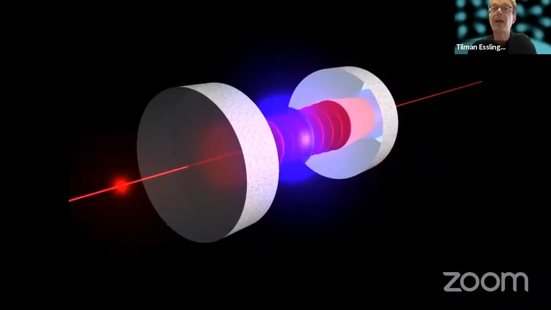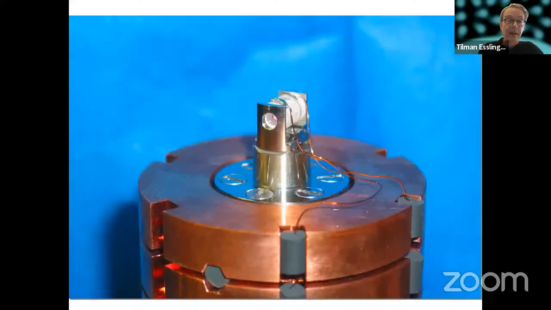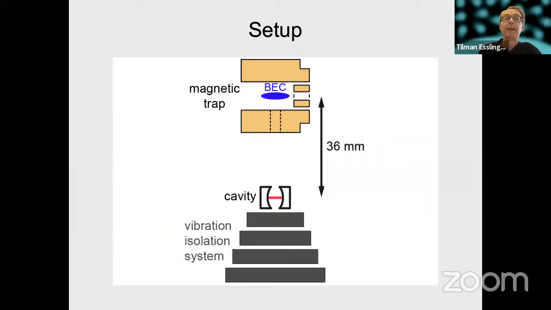Let's have this picture again quickly. We had in mind the BEC in the cavity, and now let's go from inside out. That is the cavity again. We have seen this picture, and now how is the cavity inside the experiment? That is shown here. What we have is a magnetic trap, and then we have,